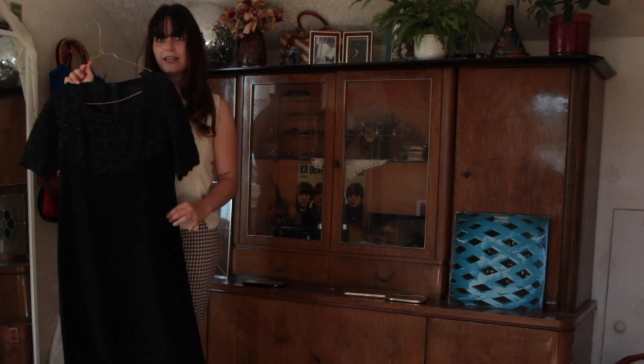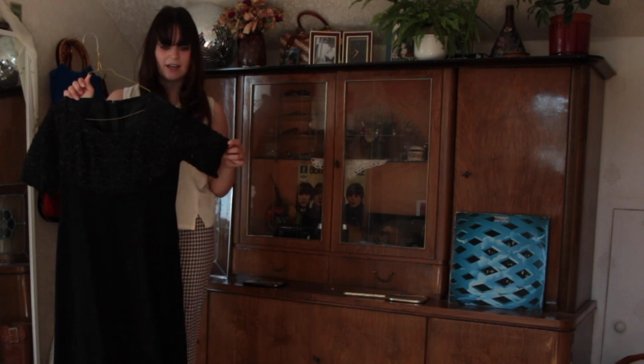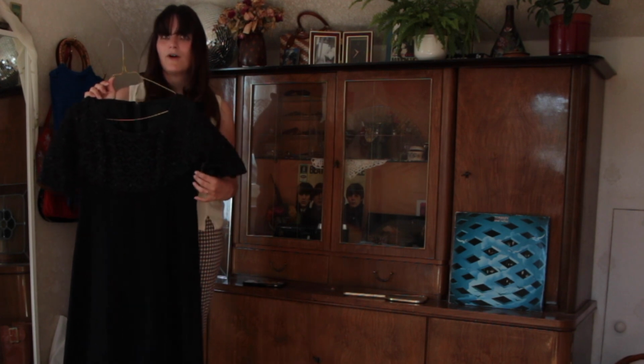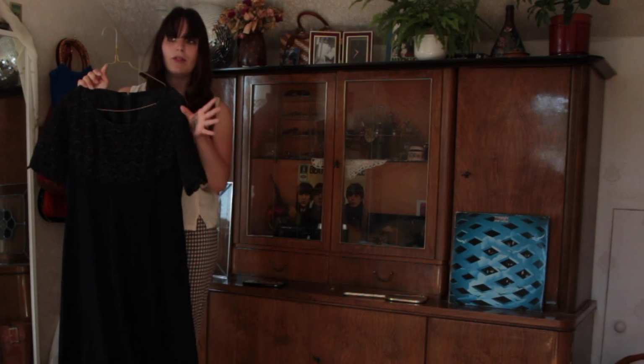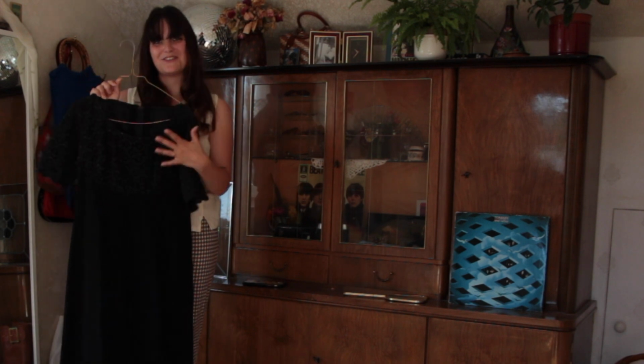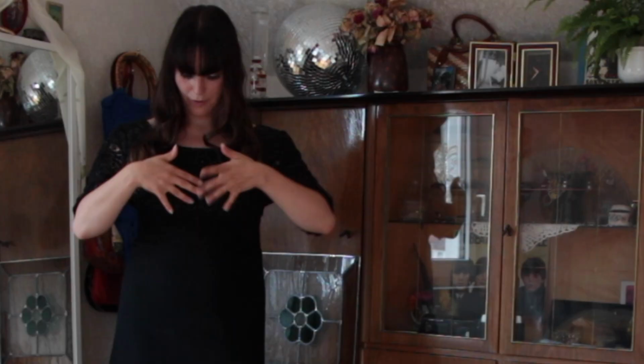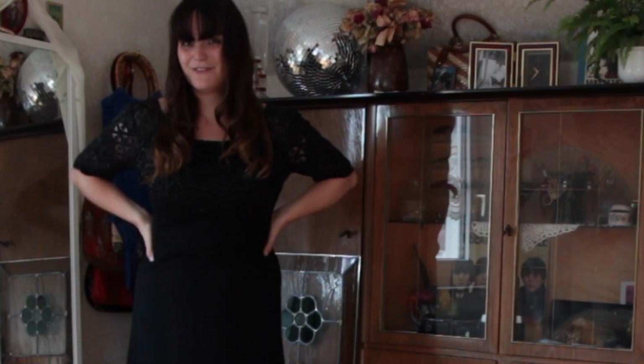So I'm gonna quickly put this on and show you the shoes that I like to wear with it and how I style it to just elevate it a little more. However, then we're just gonna take a moment and all imagine that this is the purple dress that she's wearing, and I will show you some other ideas on how to dress it down. Okay, as said, I think my dress with this top is even more fancy, but I figured I would put something on so you can see the cut,